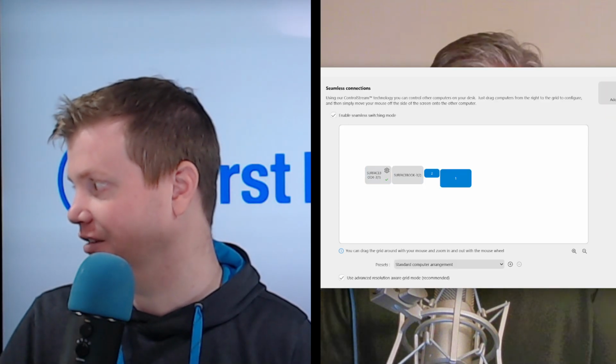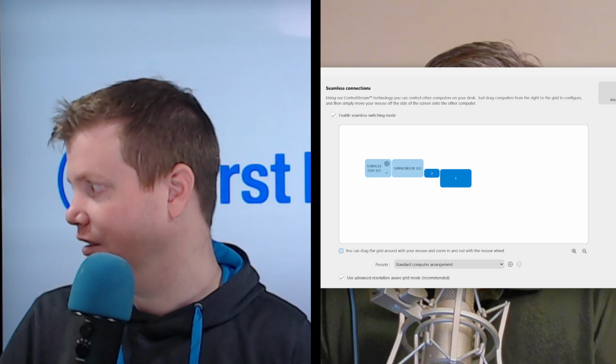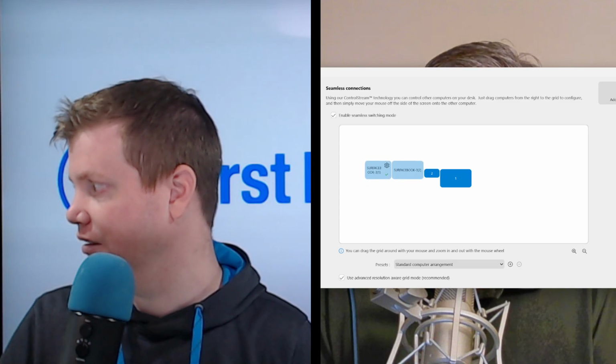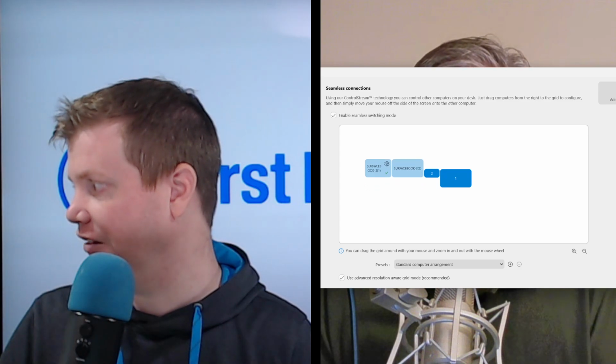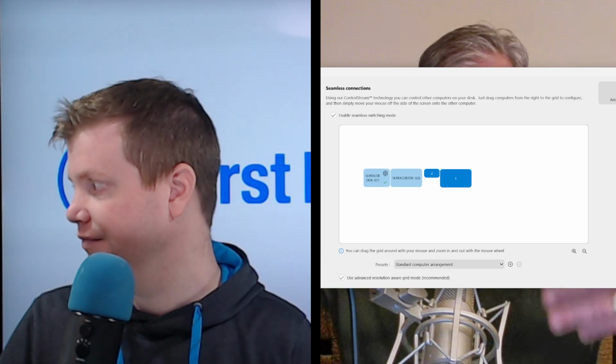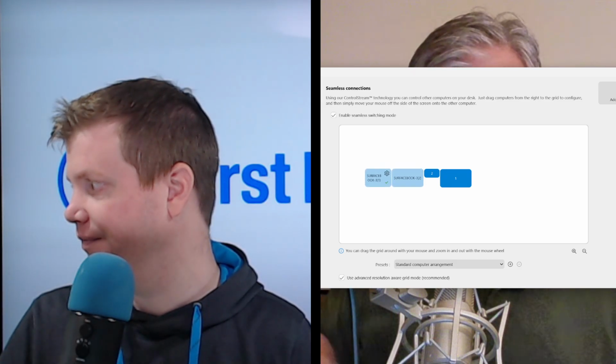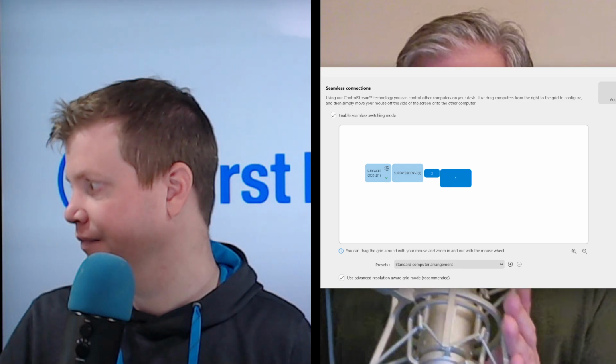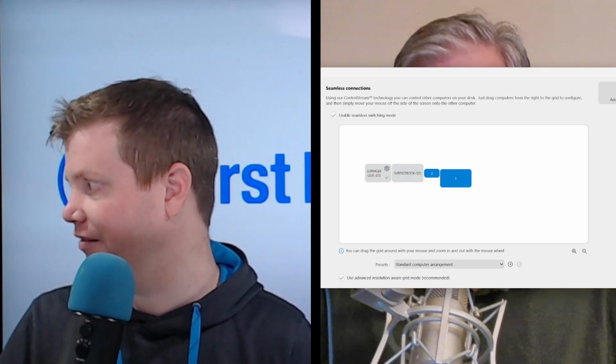What you're showing here is something that the display settings in Windows doesn't do correctly. Like you have two displays, and one of them is huge, one's small, but they're not sized correctly in Windows. I'm surprised they don't let you size them. So if I get it right there, that's where it needs to be.